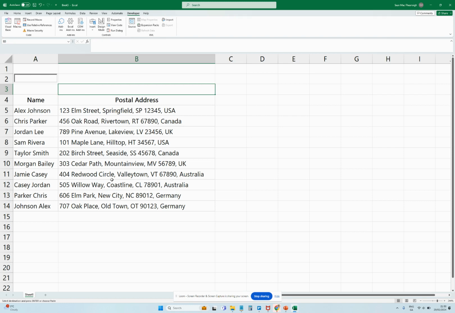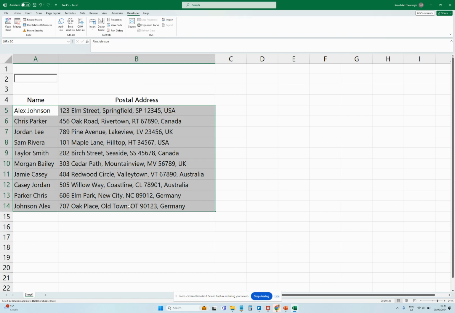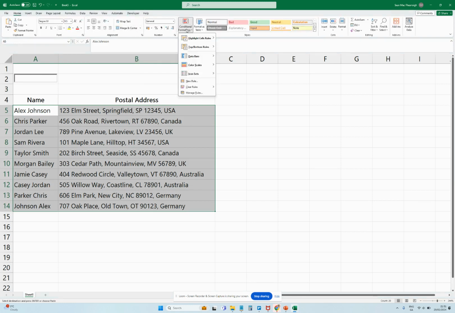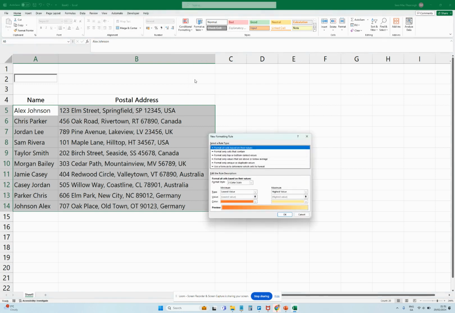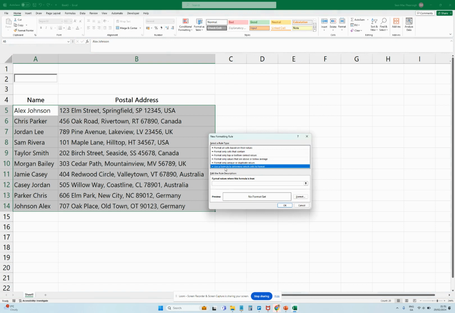Okay, we want to search within this data here, so we're going to select our data here, then go to Home, and go to Conditional Formatting. We're going to select a new rule. We're going to jump down here to use a formula to determine which cells to format, and then we're going to press equals and